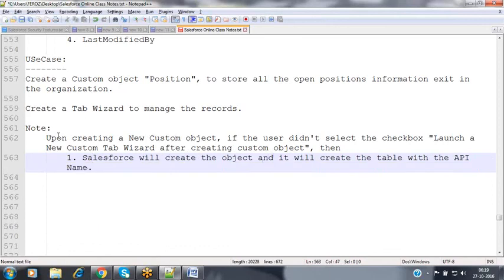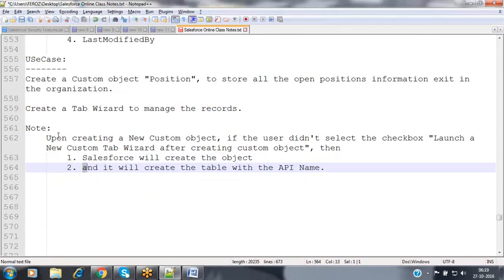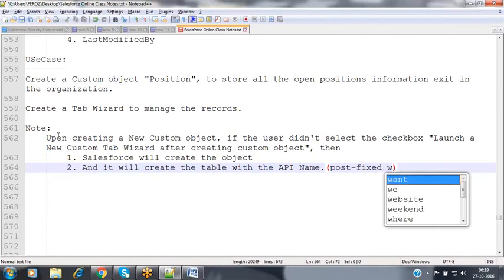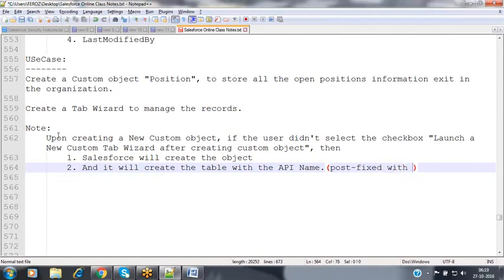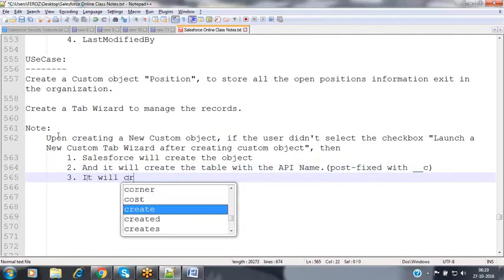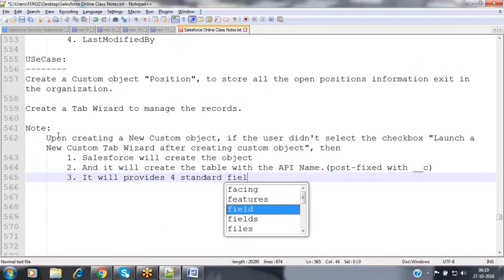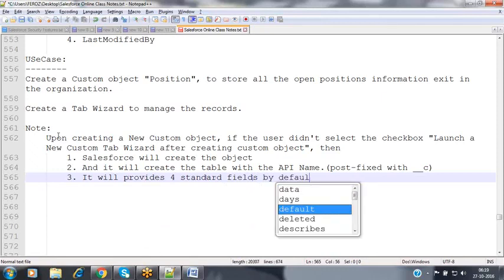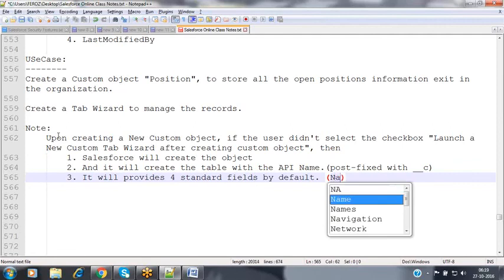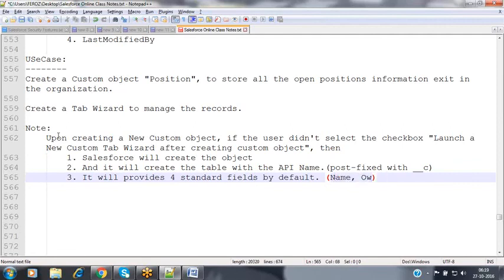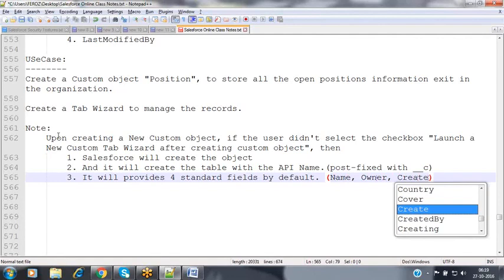Salesforce will create the object, and it will create a table with the name postfixed with underscore underscore C. And then it will provide 4 standard fields by default, like name, owner, created by, last modified by.